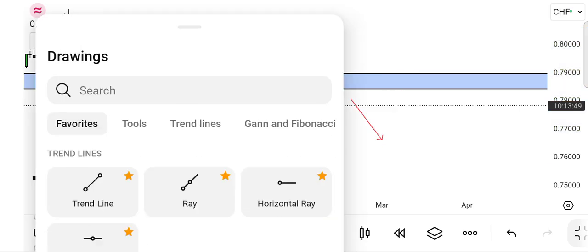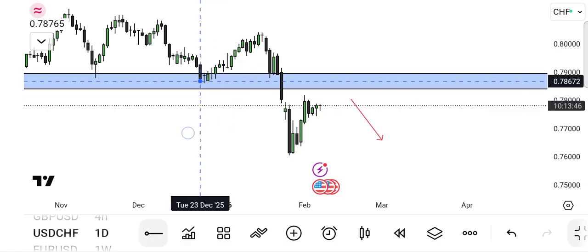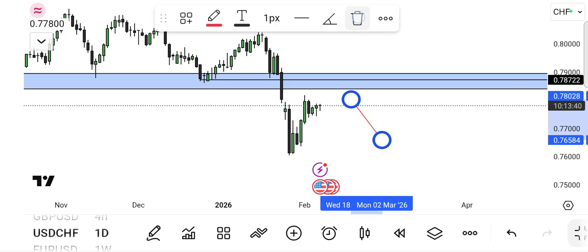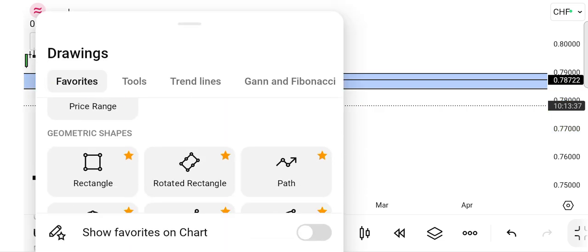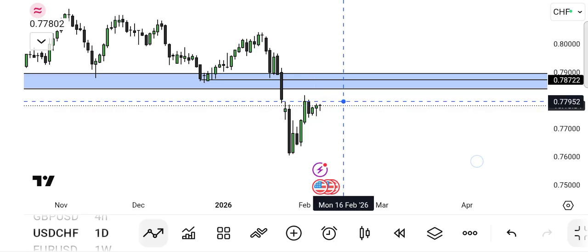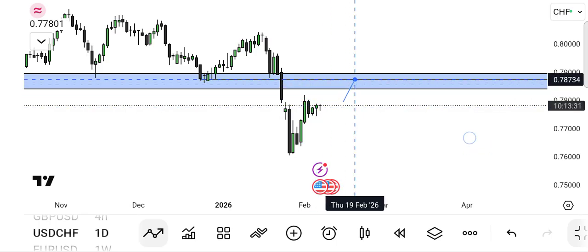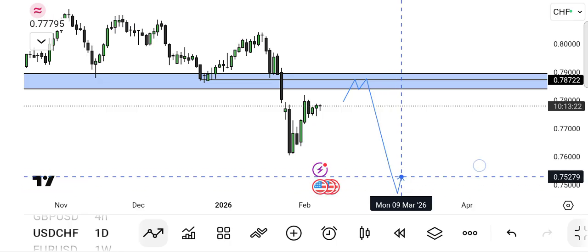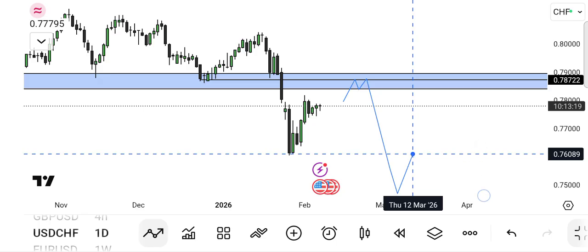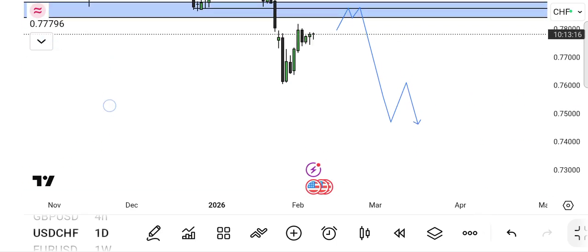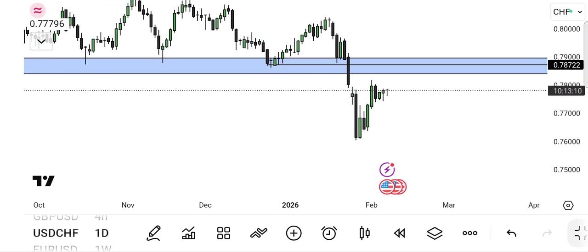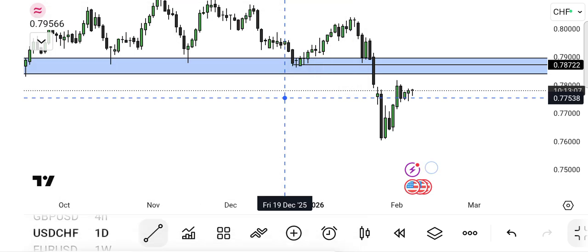Now, that's what I anticipate market to do. I anticipate market to come to this point here, pull back to this point before falling back down. I anticipate something like this, a pullback to this point, maybe some minor reactions, then a drop. That's what I'm anticipating. So this is what I'm anticipating that the market may do. If the market does not reach this point,